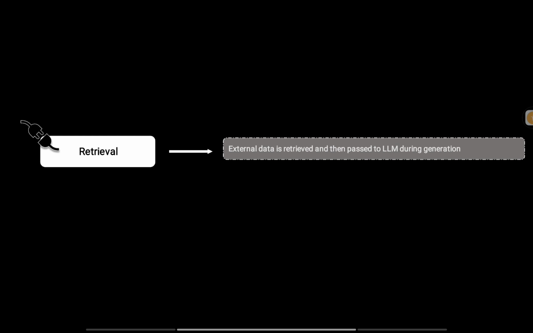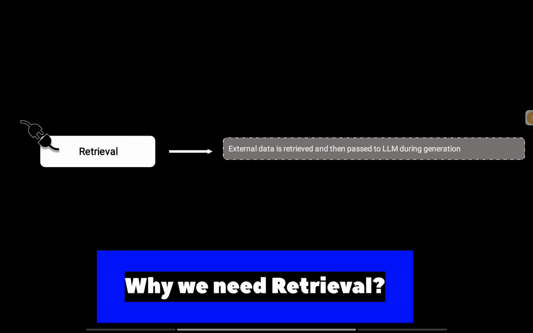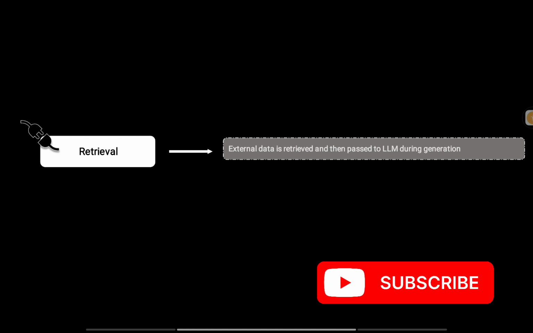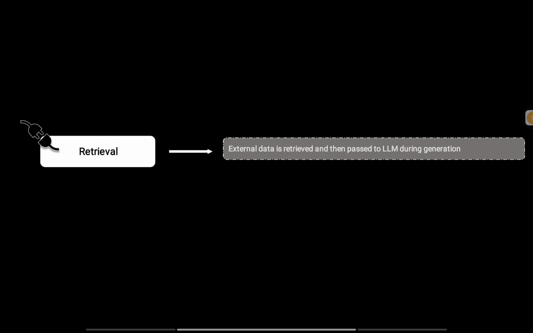First of all, why do we need the retrieval concept? ChatGPT has a cutoff date, after September 2021, so the model does not know what happened in the world since. Also, in some cases the model does not perform well on domain-specific data. For these two reasons, where the model is not aware of what is currently happening in the world, and where the model has not been trained on very specific domains,